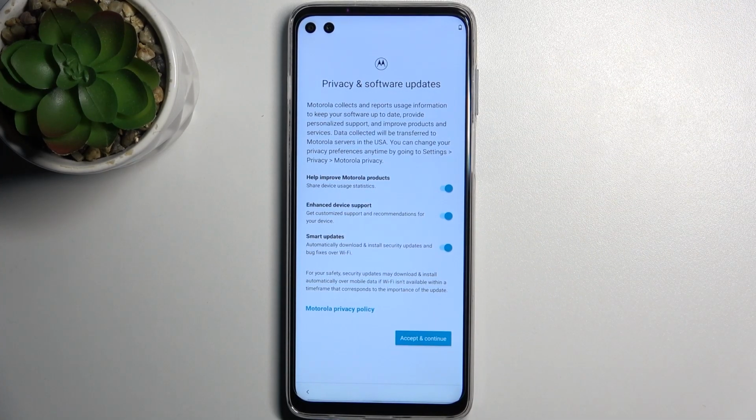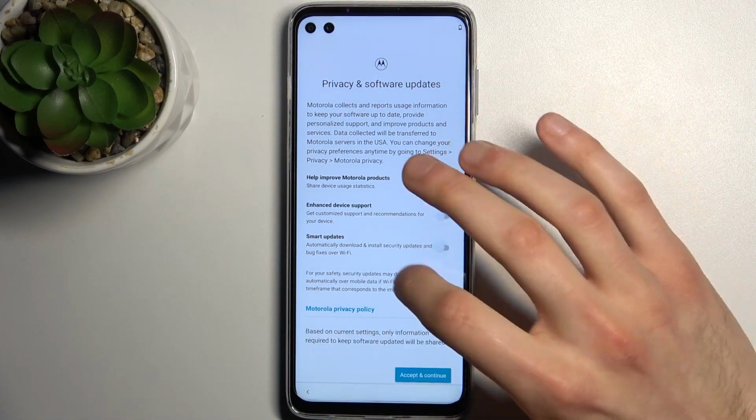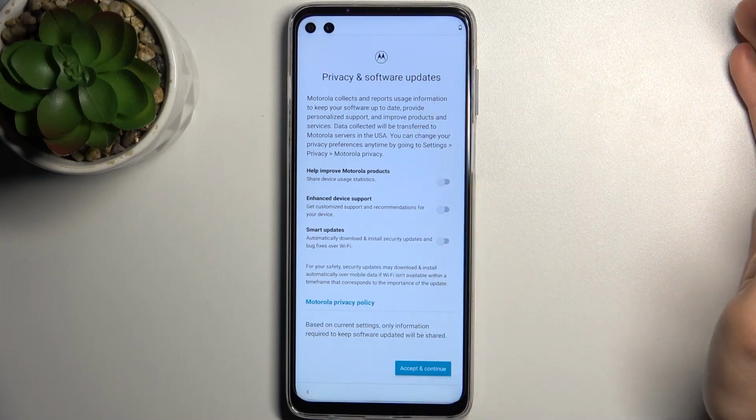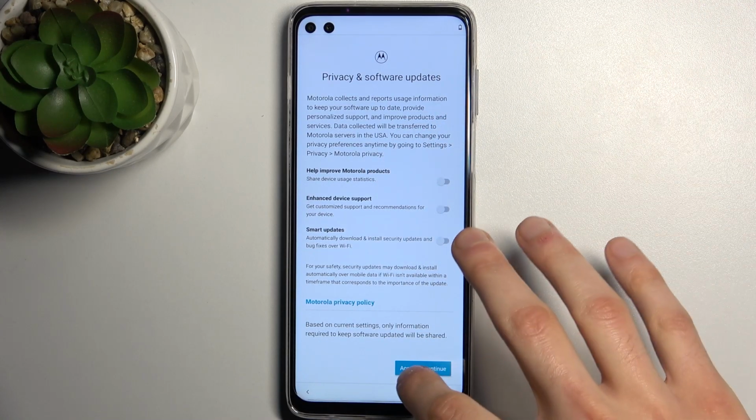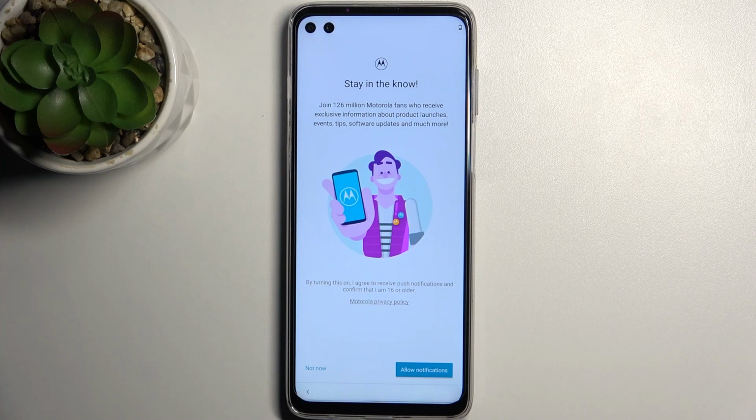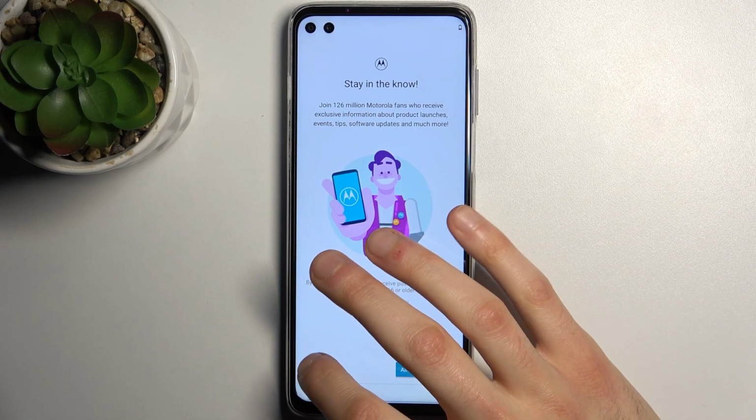Then you have these Motorola features. Just disable all of these too because they are going to stole your data too. Then tap accept and continue. Then you can allow notifications from the Motorola, but for what purpose? Just tap not now